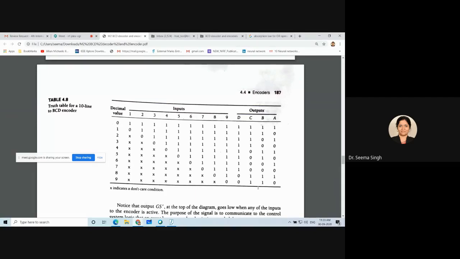What will be the equation for C? You have 4 zeros here. So what will the equation look like? If I come to this one, it will be D7 plus D8 bar. Just a second. D7 plus D8 bar and D9 bar. Right? Now coming to this one, it will be D6 plus D7 bar, D8 bar, D9 bar. Coming to this one, it will be D5 plus D6 bar, D7 bar, D8 bar, D9 bar. Are you understanding this equation?